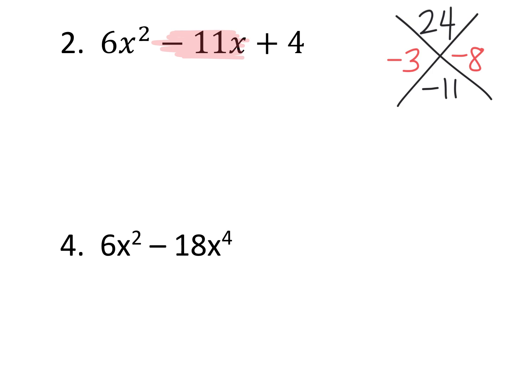And wait a second, why do I have to do it this way? Why can't I just go right to parentheses? Because the A value is 6, it's not 1. So I can't just put it in parentheses and be done. Oh, we'd love to do that. Not allowed to. Okay, so 6x squared